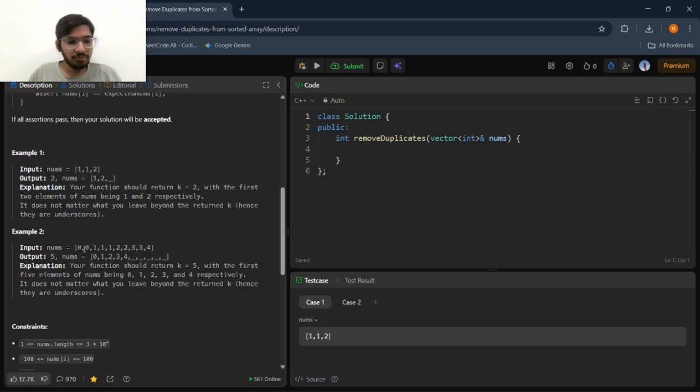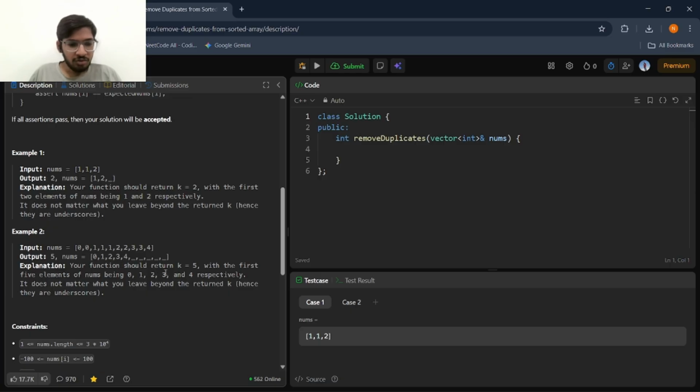Example 2: nums is 0, 0, 1, 1, 1, 2, 2, 3, 3, 4. Duplicate values are removed. The values are 0, 1, 2, 3, and 4. Output is 5, nums value is 0, 1, 2, 3, 4.